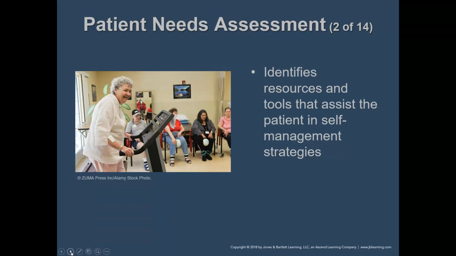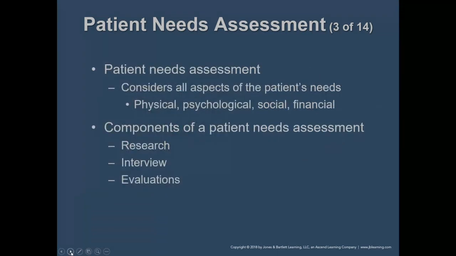How do we arrive at the most positive outcome for this patient's healthcare situation? As we're doing this, you have to consider all of these aspects of the physical. What kind of physical needs do they have? Are they living in an environment